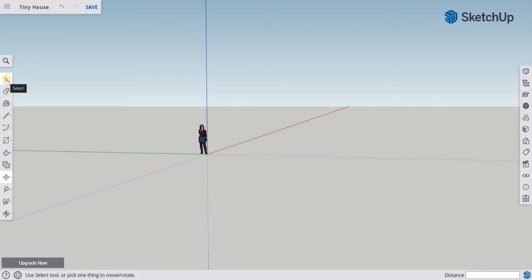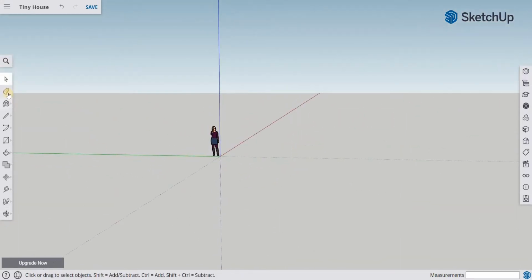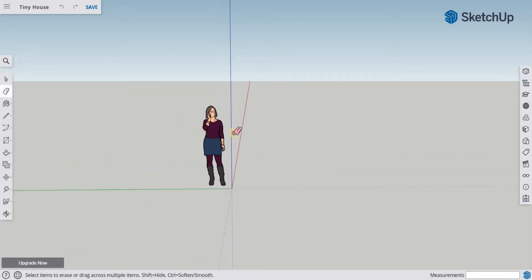So the first tool that we will see is select. As of now, we won't be using this, since we don't have anything. The next tool that we will see is the eraser. By doing this, we may erase certain objects. For example, the lady there, we could erase her, and she is only there to be used as a proportion